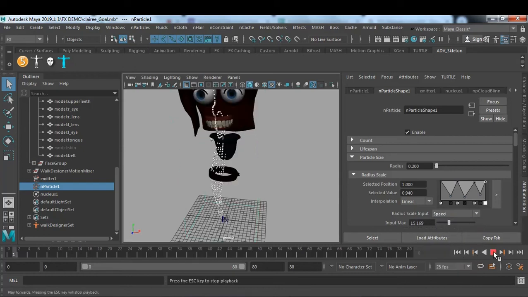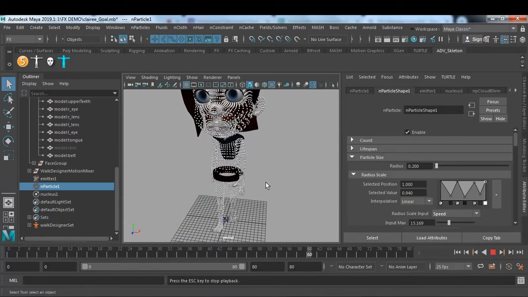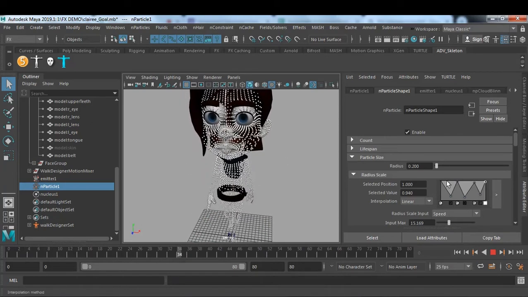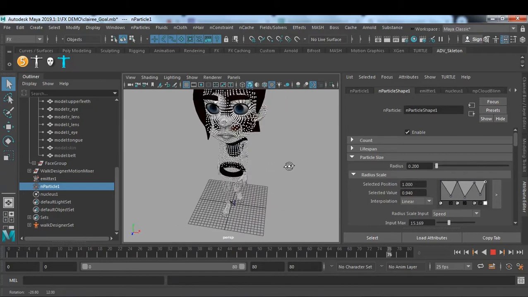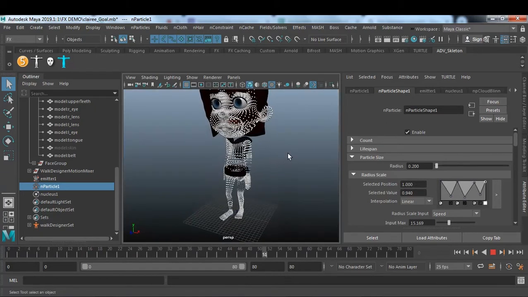So you will find a little bit of variation, basically continuous variation. So if you want something like this, you can try using your radius scale like that.